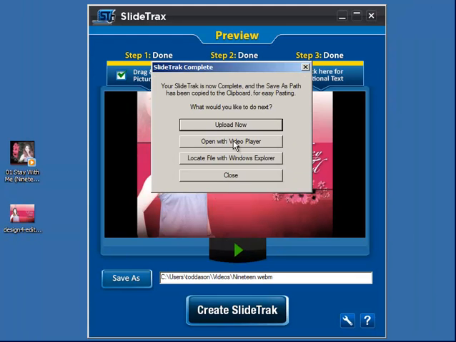Close that. Next one is open with the video player. So if you again wanted to preview this in a video player,